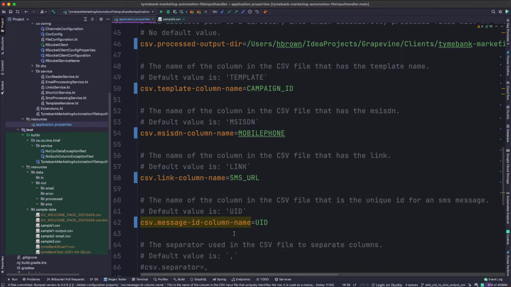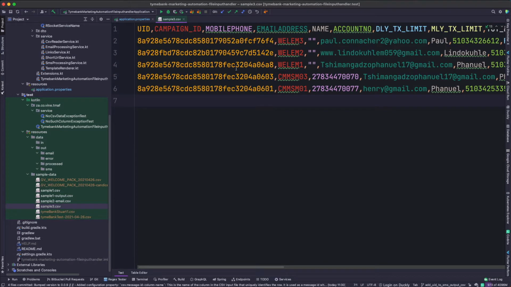csv.messageid-column name. The purpose of this configuration value is to provide the name of the column header in the input CSV file that allows you to specify the unique ID for that particular row, which is used when an SMS message is sent. So if we look at the sample input file, you can see there's a column called